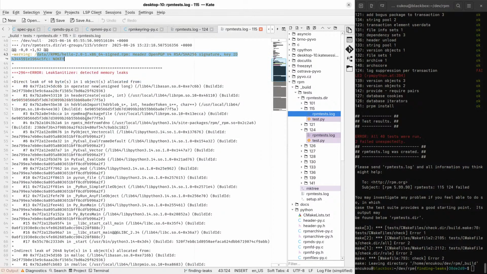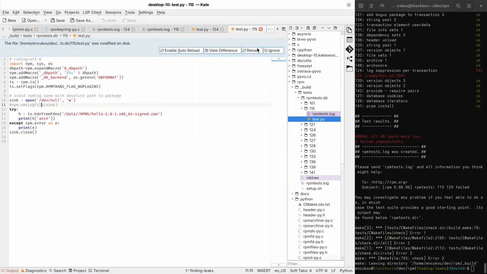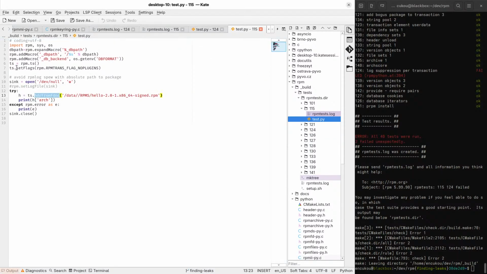So we can see what Python does here. Transaction set header from FD number is put in a variable called h, and then we do nothing. Yeah, I'll just print the arch.